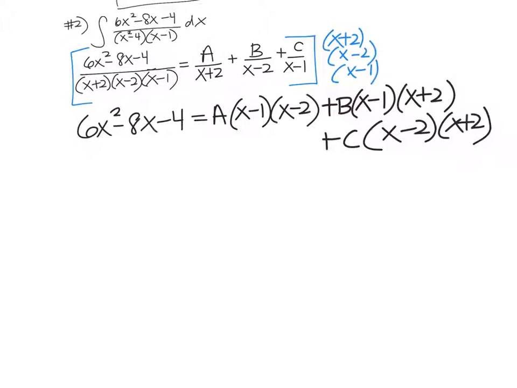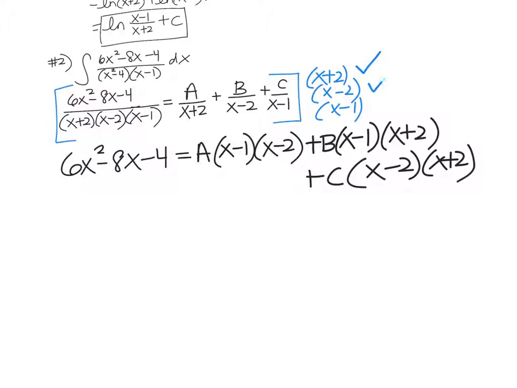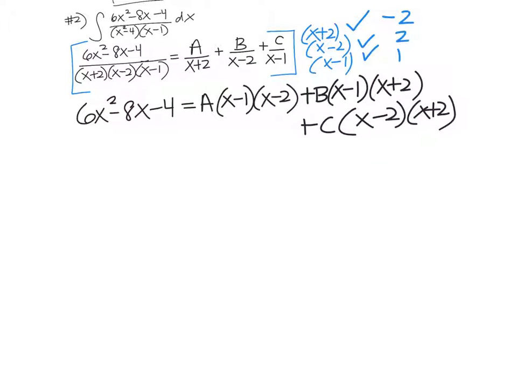Okay, here's what you do. You have 3 zeros basically. 1, 2, 3. You have negative 2, positive 2, and positive 1. So the first thing you do is you let x equal 1. Okay? We'll just start with 1. Is that okay? So you plug 1 in for every x that you see. All the x's that you see. So we get 6 minus 8 minus 4 equals,